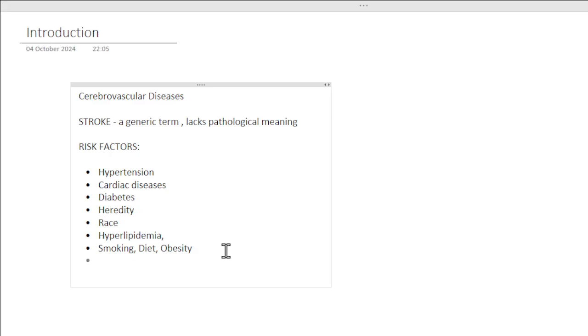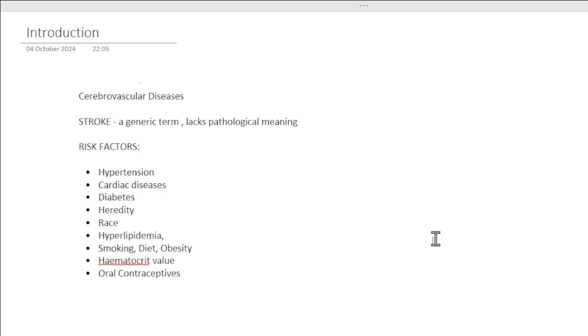Okay, I'll tell you. Hematocrit value. You know what it is, right? Oral contraceptive pills. Okay, oral contraceptives. So these all are the reasons. Okay, it has been listed. Now